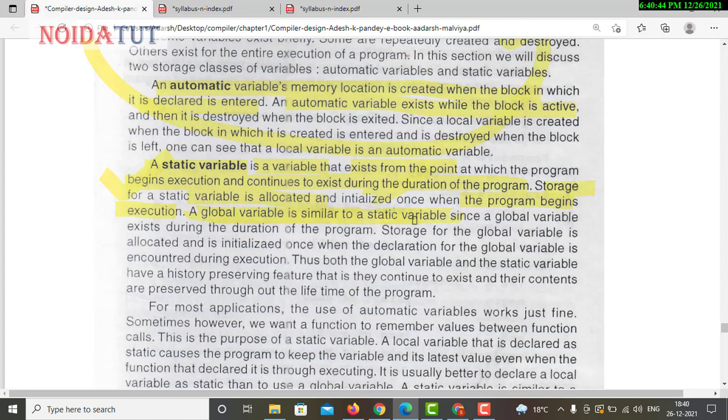Why? Suppose the first person enters, so 1 will be added, and when he finishes, it does not have to start over, but carries on the previous value. So it is always the global value. That means it has access to each and every user and counts each and every user. So in that case, it is the static variable, that means the global variable.